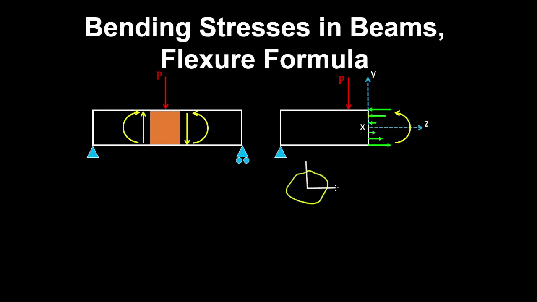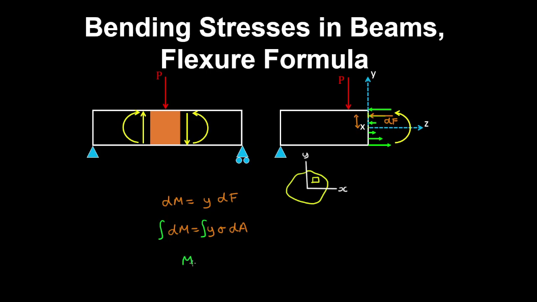and the section is in the XY plane, and we'll look at some differential area element that the differential force is acting on. So the differential moment is the moment arm from the centroid of the section, which is y, by dF. And this can be written as follows by recognizing that the differential force is the stress acting on this differential area element. And now we can integrate both sides